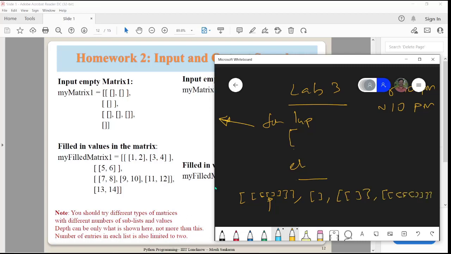Okay, so what if you go deeper, sometimes only one, sometimes little, and then you also add more and more. Okay, it can be anything. Most probably this should handle any kind of list which is to be